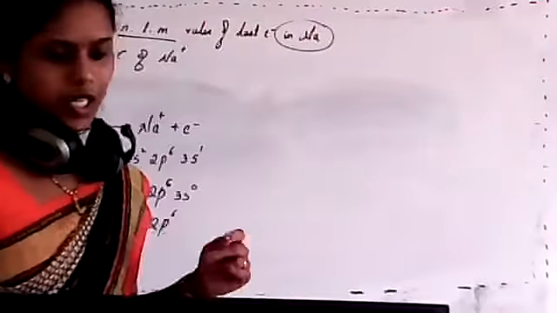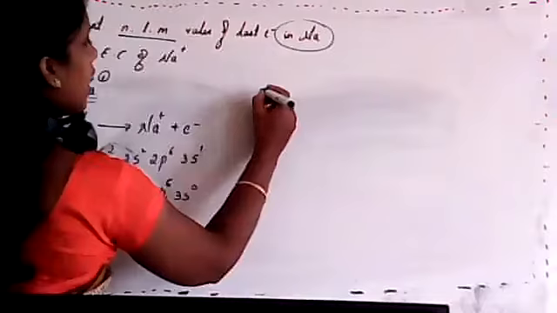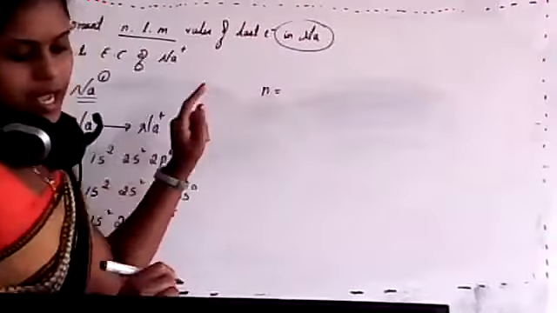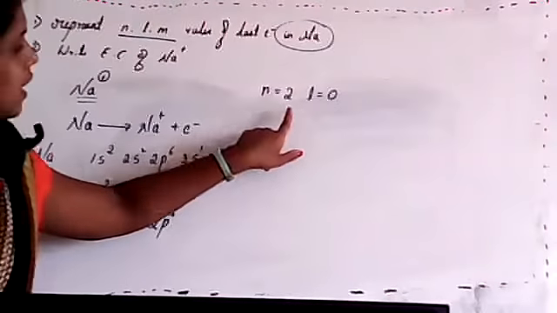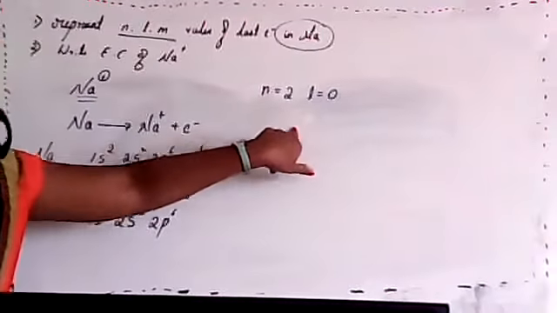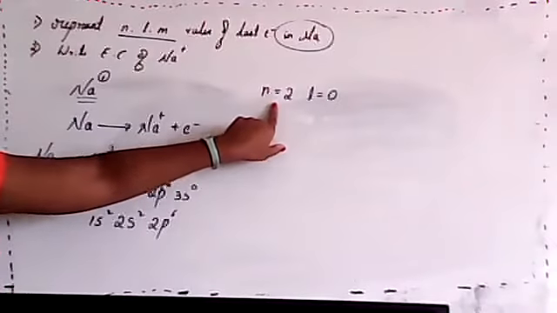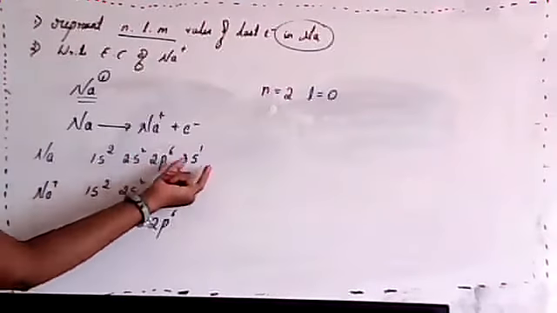Okay. Next one. What are degenerate orbitals, students? Those having the same energy level, isn't it? So now I'll give another question. Give the designation of the orbital when n equals 2, l equals 0. Which orbital is it? Designation means you have to represent in the form of 1s or 2s or 2p or whatever it is.